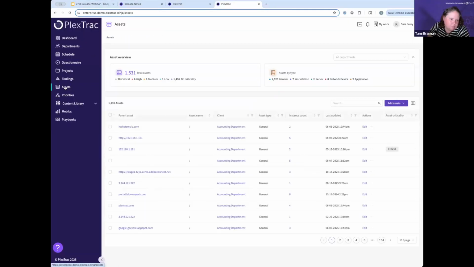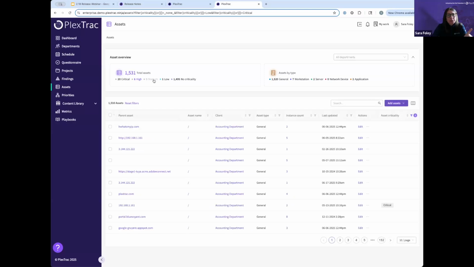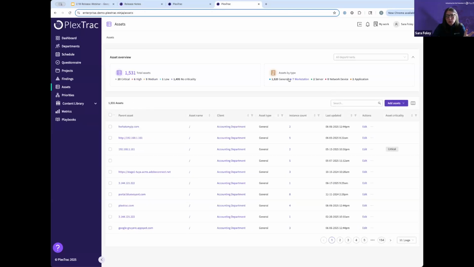So here you'll see I have my assets module on the left-hand navigation. When you look at this, you'll see we have some light analytics. You can click on some of these things to start filtering in the table below. You can also reset those things as well. But this will give you a nice view into what's going on. You can also look at the assets by type. And as you come down into the table, hopefully you'll notice there's some new items here, like the sorting, but